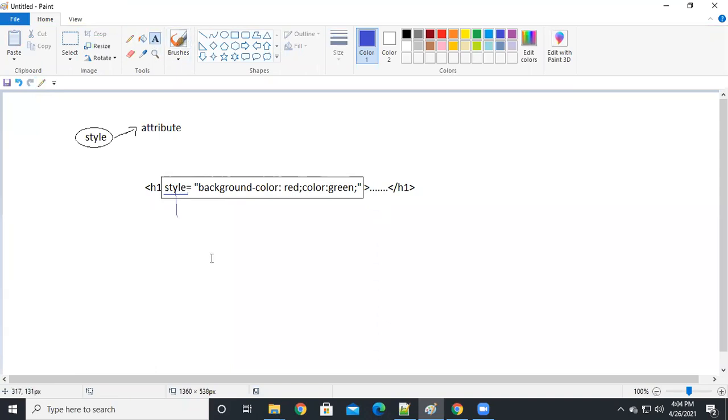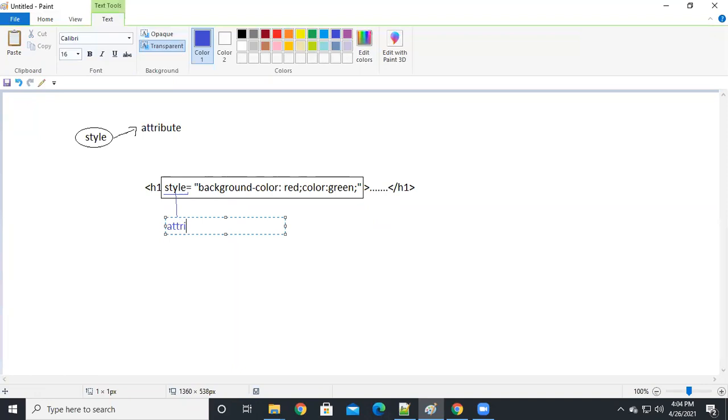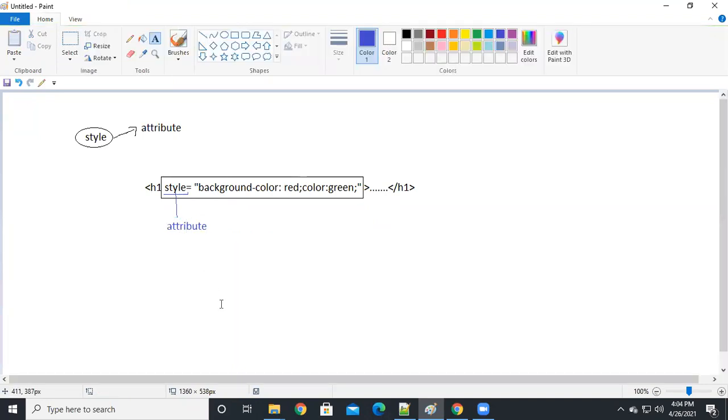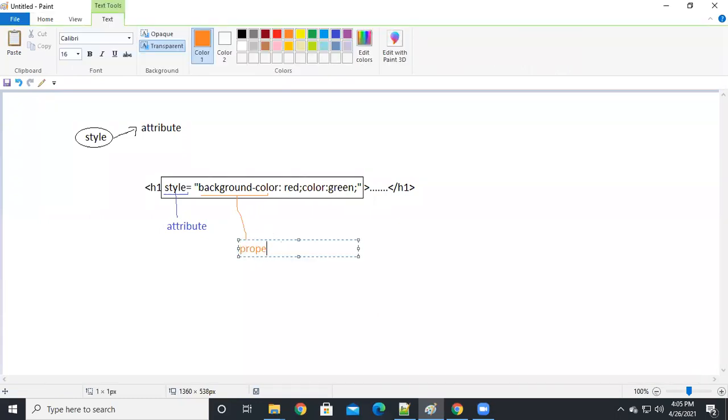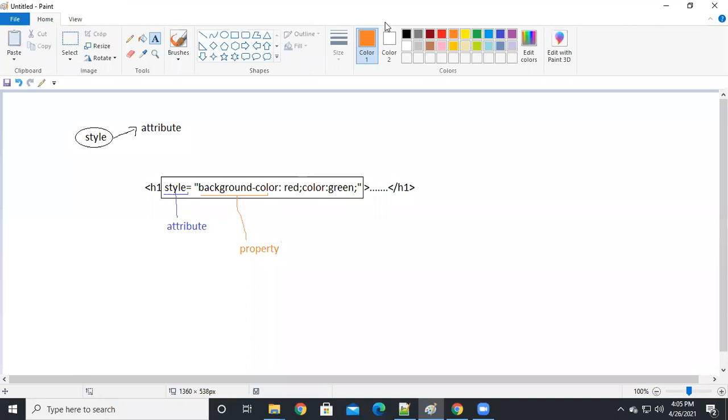And background color is the property. Here, red is the value of the property.